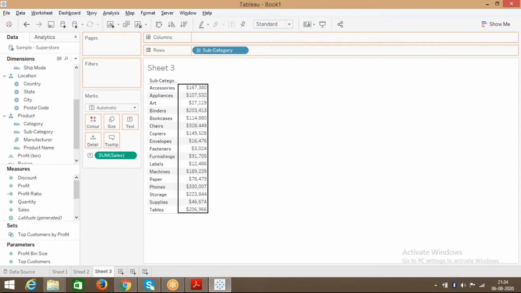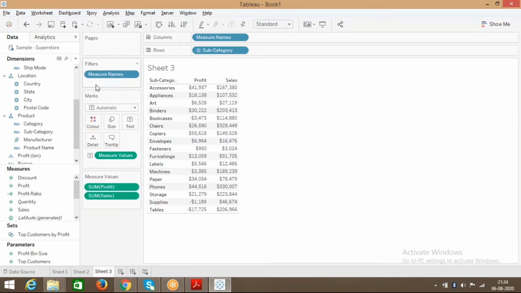For example, when I drag and drop, you have measure names here, and you have measure values here. These changes will come up whenever you drag the second measure. Hope you're observing.